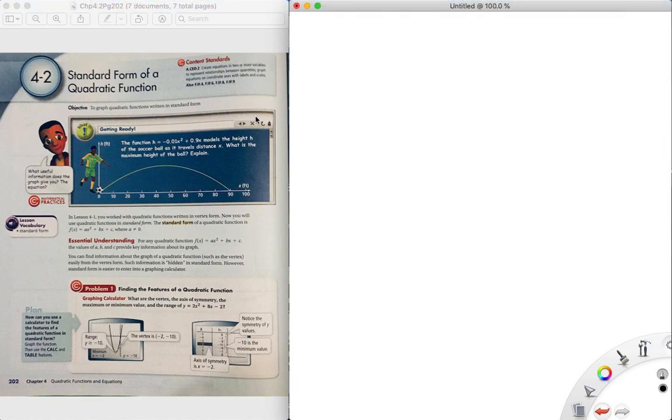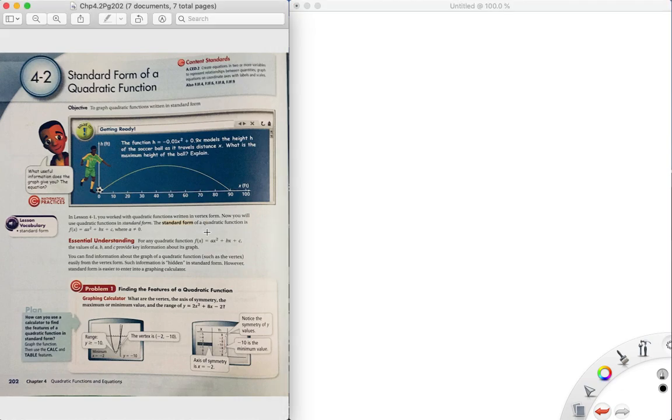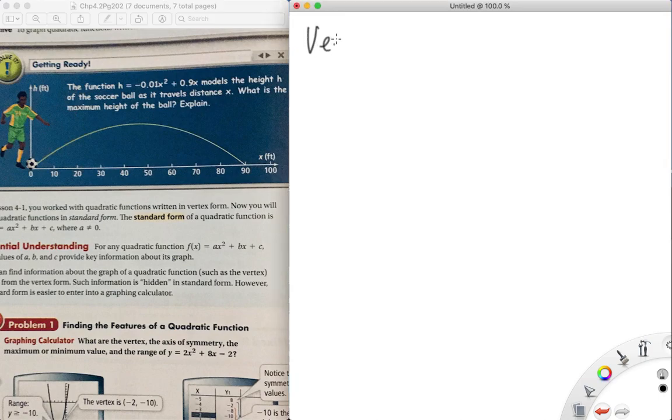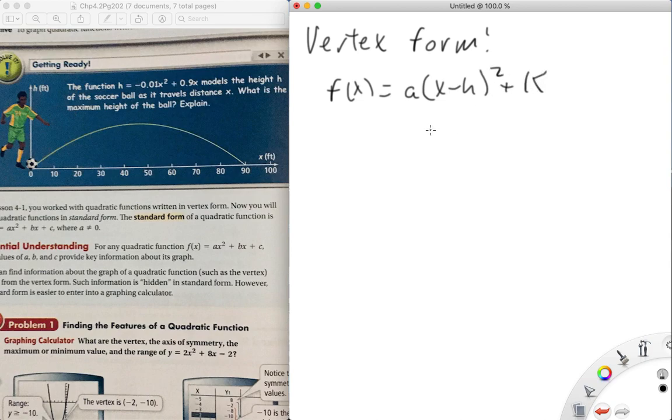Alright, this is 4-2, Algebra 2, standard form of a quadratic. So last time we talked about vertex form of a quadratic, and vertex form is in the order of f of x equals a times x minus h squared plus k, where the vertex is (h, k)